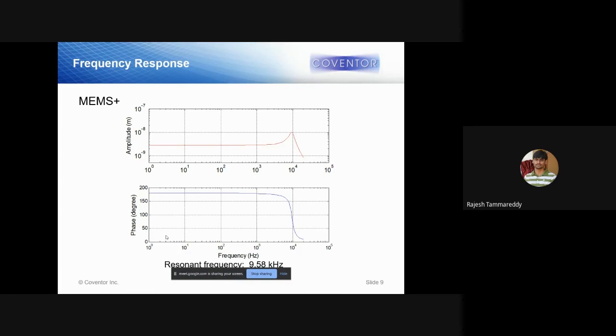If you want a linear output, you need to operate your accelerometer at a steady region. If you see in the top graph here, the red one, you have to operate your device in the straight line where you are having the same linear behavior, not in the peak area or at the 3 dB point. So for that reason, you have to find what the resonant frequency is first.